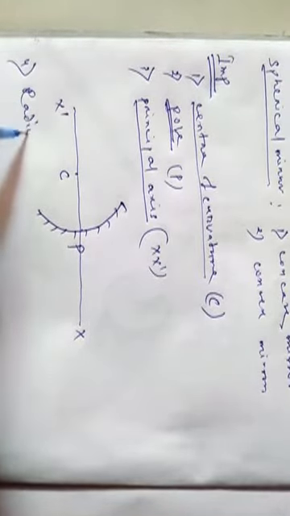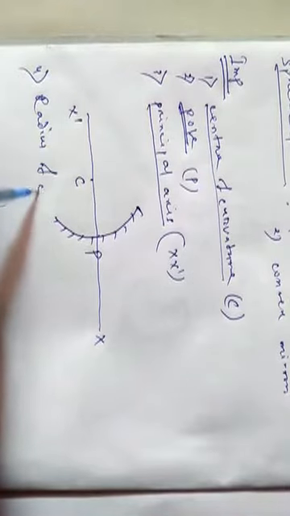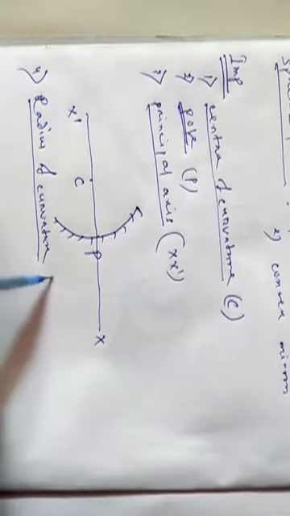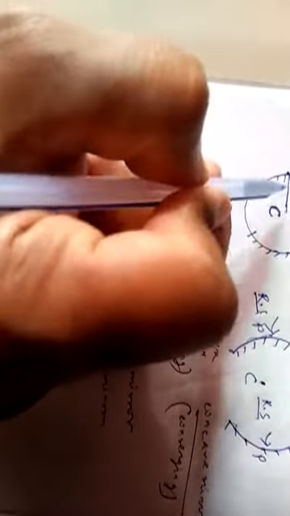Then radius of curvature. What is radius of curvature, R? Let us see. For a sphere, there is a radius R. This radius is called radius of curvature of the spherical mirror. Radius of curvature is the radius of that sphere from which the surface of the spherical mirror forms a part. So here CP is called radius of curvature R.